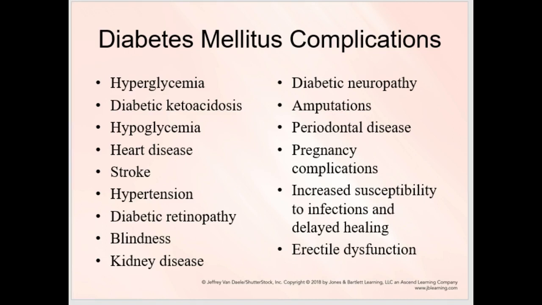understand how these affect. So hyperglycemia, you know about. Diabetic ketoacidosis, you know about as well. Hypoglycemia, if you have an upsurge in your injections of insulin and you do too much and you don't have enough glucose to join in with that insulin, you'll go into hypoglycemia. Heart disease, stroke, hypertension, diabetic retinopathy, which is damaged retina, blindness, kidney disease, all of those are going to be,